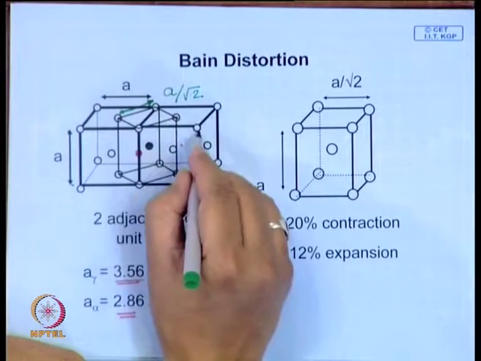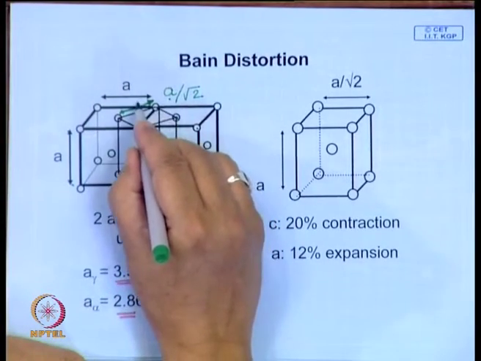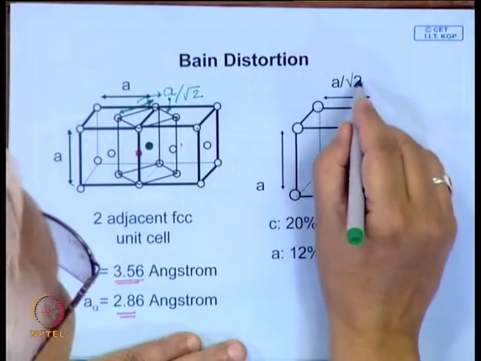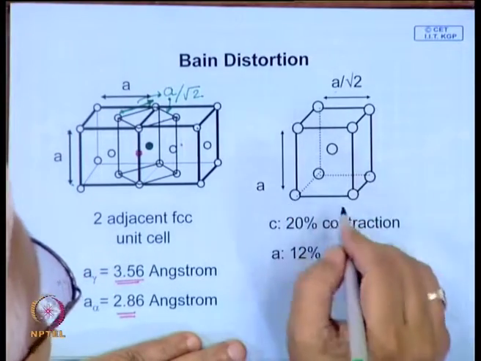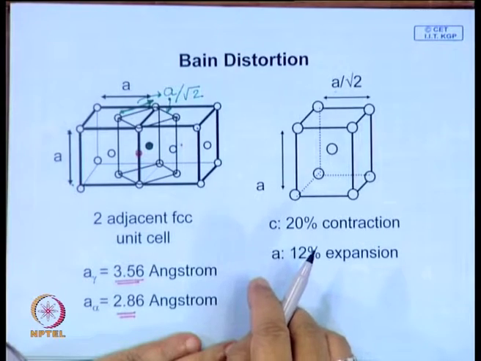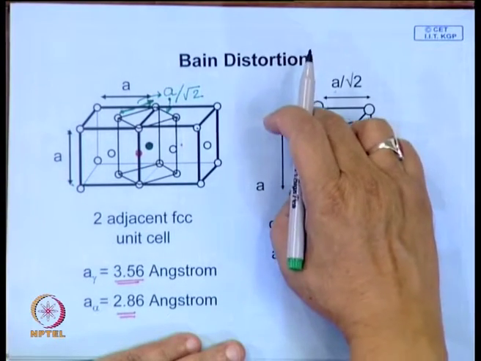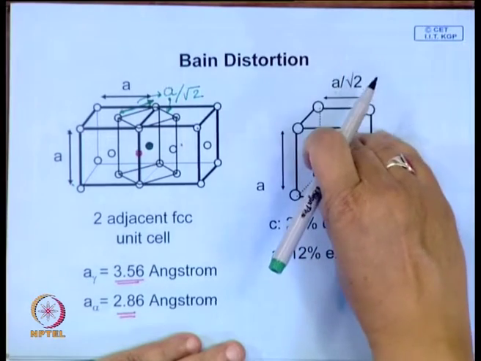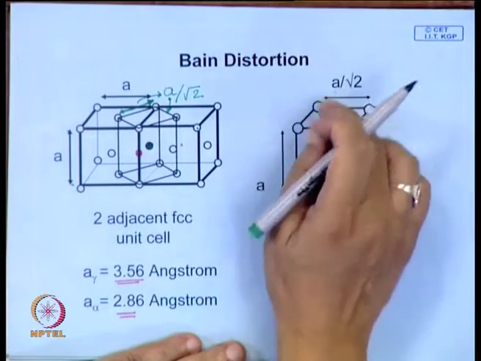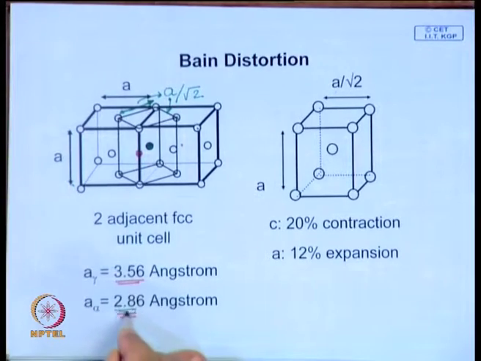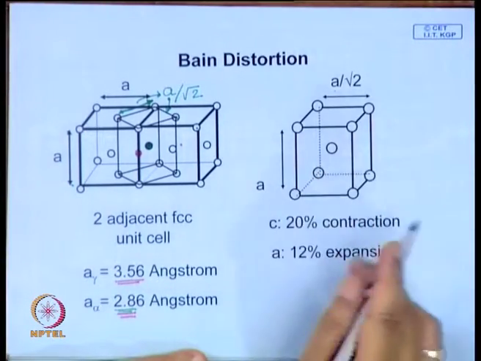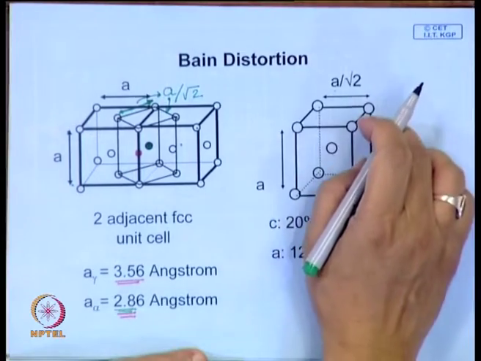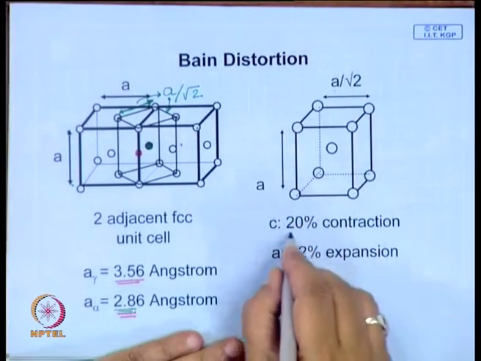This also is half the diagonal, this also is the same, this as well as this. So, the same thing is drawn over here. This is A over root 2, this is A. So, this is not a BCC lattice. To make it BCC, look at this, this is much larger than this dimension. So, you have to compress it in this direction, since A over root 2 is less than this value, and you have to expand in this direction. So, you will have to transform this unit cell to a martensite unit cell,